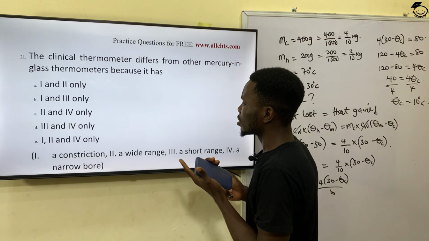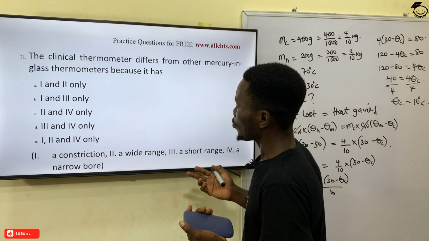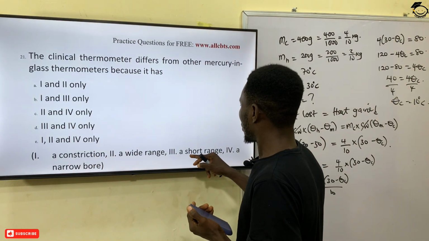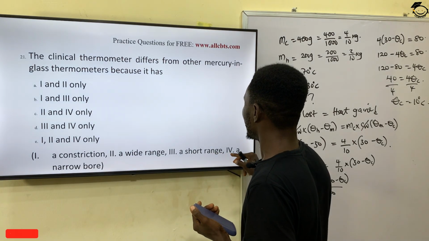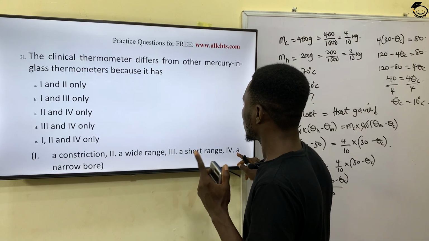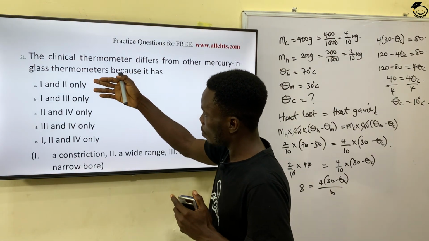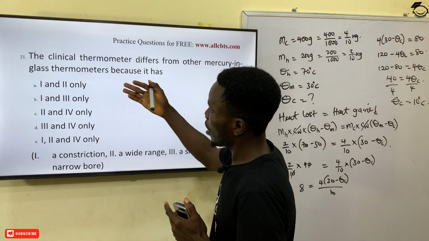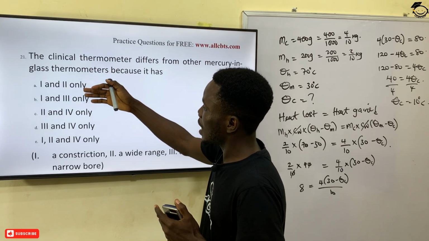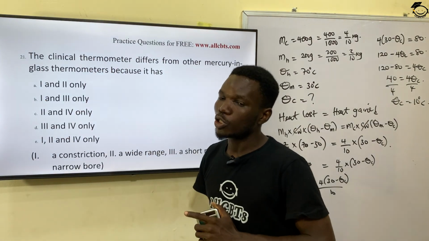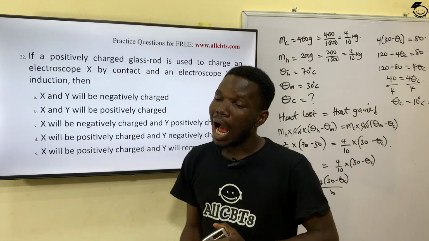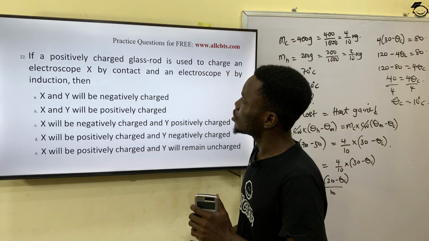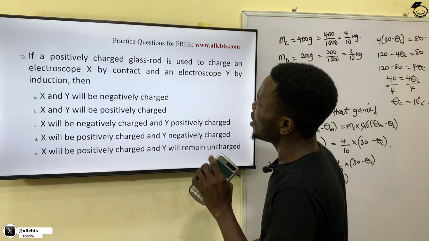So let's look at which of them contains the 3 or at least 2. Constriction is Roman figure 1, short range is Roman figure 3 and narrow tube is Roman figure 4. So we're looking for 1, 3, 4. Do you have anyone that contains 1, 3, 4? Okay, none of them contain 1, 3, 4. So let's look at 1 and 3. Do you have anyone that contains 1 and 3? So we have one that contains 1 and 3. So the correct answer to this question is option B, constriction and narrow range. So looking at the next question, which is question number 22, it says, if a positively